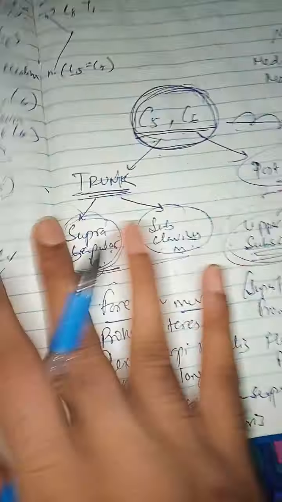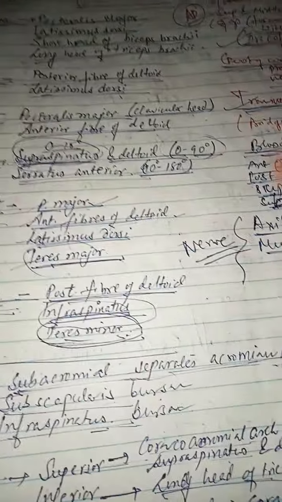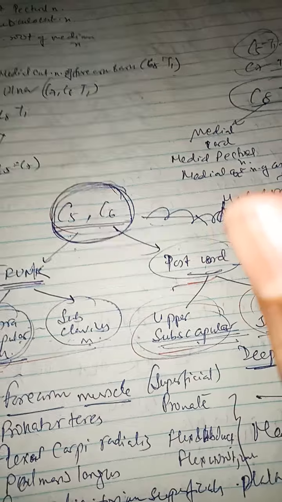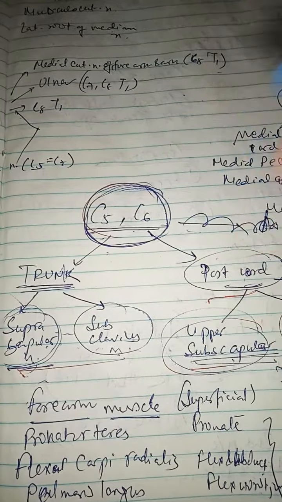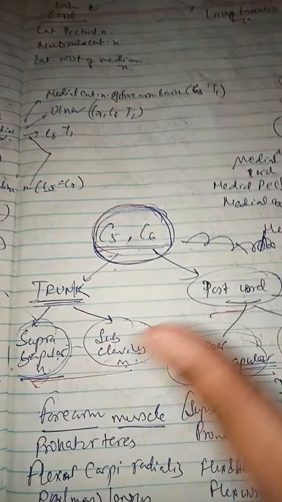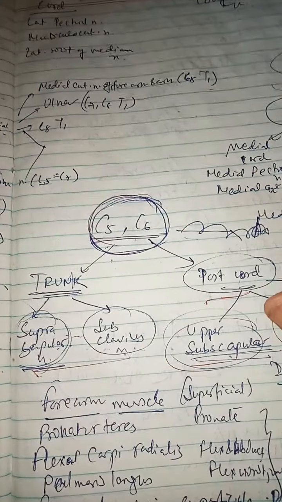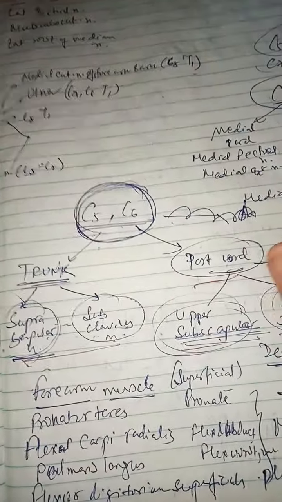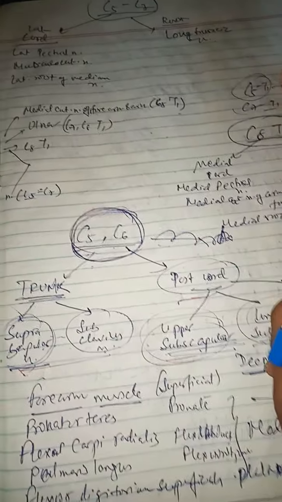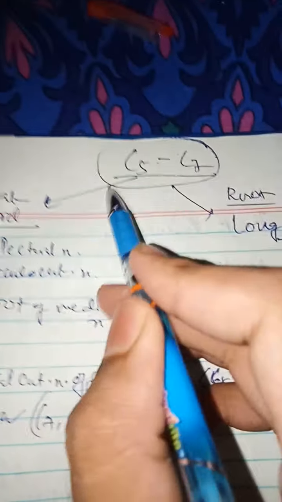Now coming to the brachial plexus. We have to mark up the brachial plexus, and it is tough to remember all the nerve roots. So I have made a few things that are very important, and they will help you remember the brachial plexus for a long time. For your long MBBS life, you will remember the brachial plexus by just three things: C5 C6 root value, C5 C7 root value and C8 T1 root value.